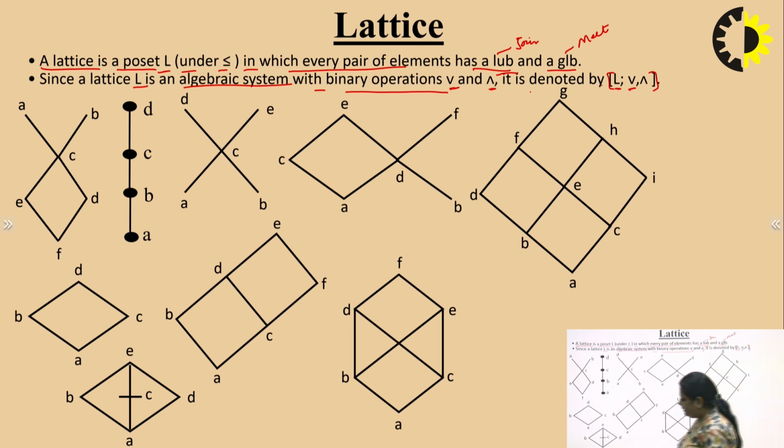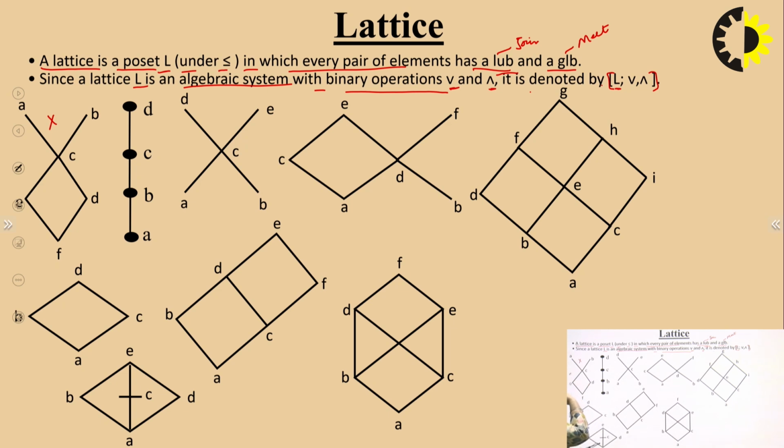Now let us discuss different lattices. So what are the different lattices here? We have to find whether they are lattices or not by searching the meet and join for each and every pair of elements. So let us discuss the first Hasse diagram. We have to search for the single top and single bottom. Here we see that we do not have a single top, so this can't be a lattice because we are unable to find the join here.